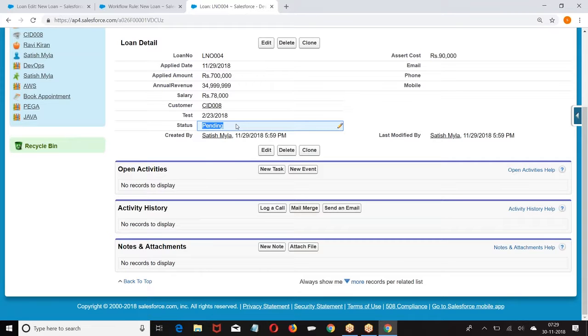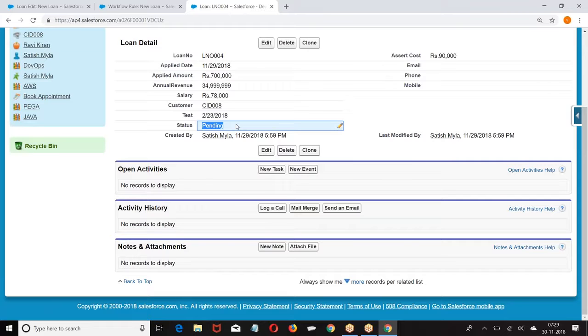Whenever a condition is met, automatically modify the value on the record. Am I clear with this? Whenever the condition is met, we want to modify the value on the record, which is called workflow field update.